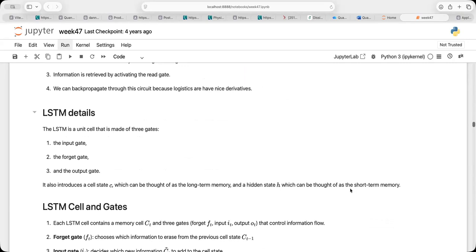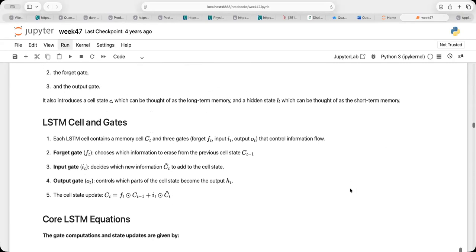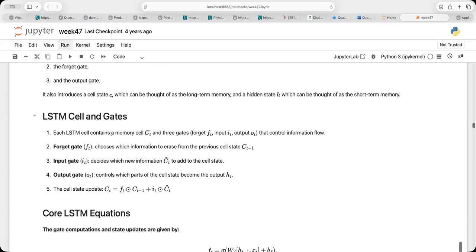So it tries to strike a balance between long-term and short-term memory. Each of these contains a memory cell and 3 gates: a forget gate, an input gate, and an output gate that control the flow of information. The forget gate chooses which information to erase from the previous cell state.